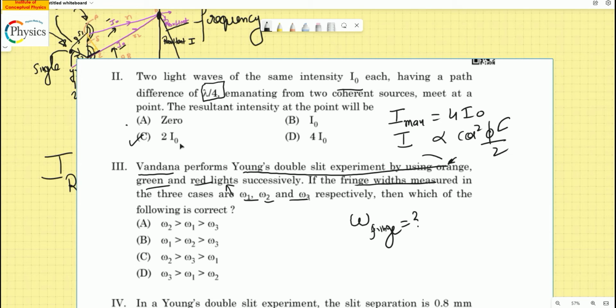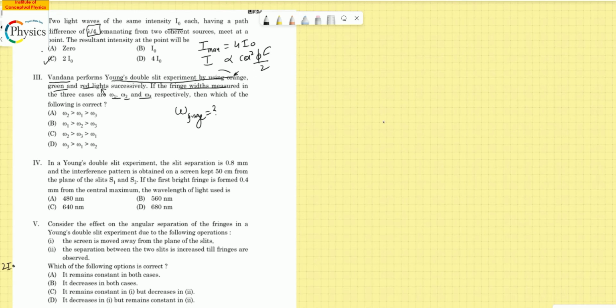So let's solve this question. First write the wavelengths, not the values, but the increasing or decreasing order. The second thing we do is write the formula of the fringe width, which you must remember. Again, go back to my video on the formulas or use your own book, memorize, and put all the formulas of Young double slit experiment on one paper in one place. All right, so the fringe width is given by